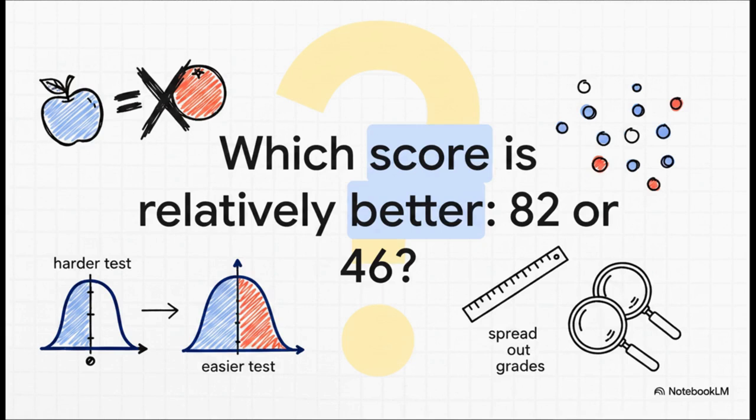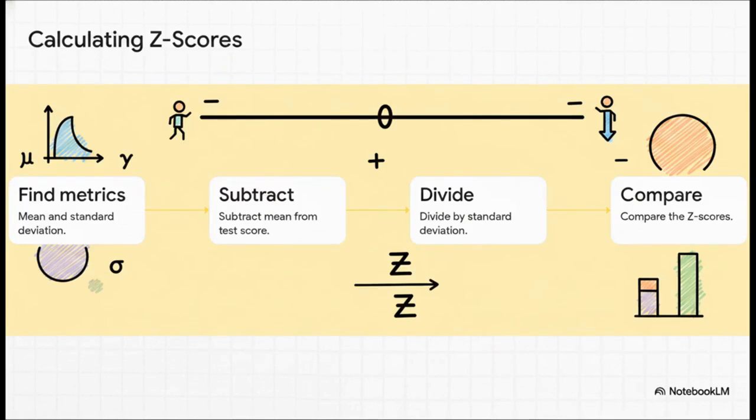You can't just look at this and instantly say, oh, 82 is better than 46. Why? Because you have no idea how hard each test was compared to the class mean or how spread out the grades were. We need a reliable way to compare apples to oranges. The solution? Calculating a z-score. By standardizing both scores, meaning you take the score, subtract the mean, and divide by the standard deviation,